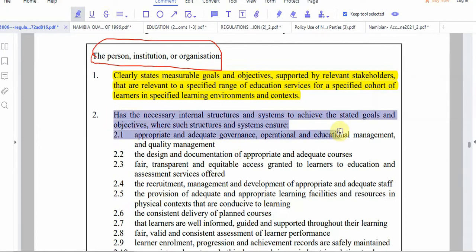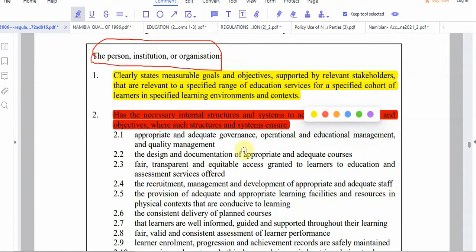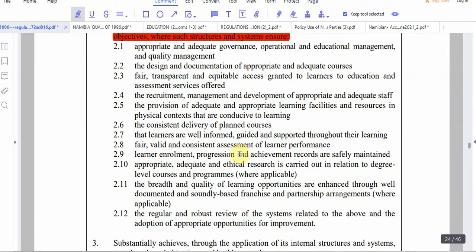So if we meet these well, 2.1: appropriate and adequate governance, operational and educational management, and quality management. The design and documentation of appropriate and adequate courses; fair, transparent, and equitable access granted to learners to education and assessment services offered; the recruitment, management, and development of appropriate and adequate staff; the provision of adequate and appropriate learning facilities and resources in physical contexts that are conducive to learning; the consistent delivery of planned courses; that learners are well informed;